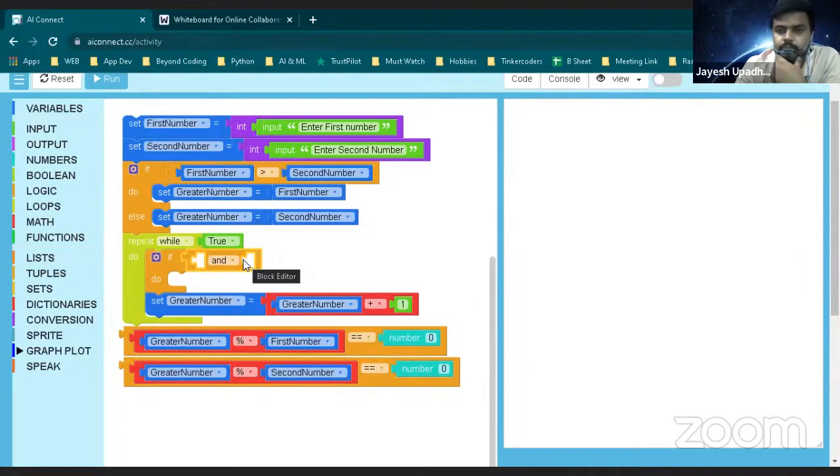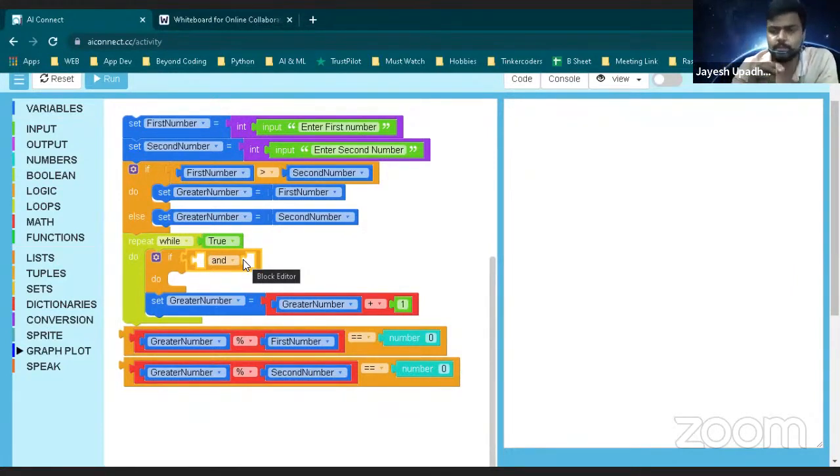So let me give you a very simple example for this. Let's say your teacher says, if your attendance is more than 90% and you score more than 80, if you do that, then you will be the monitor.